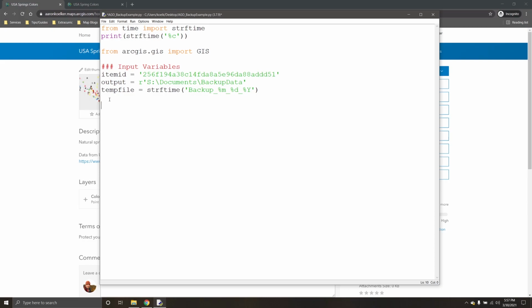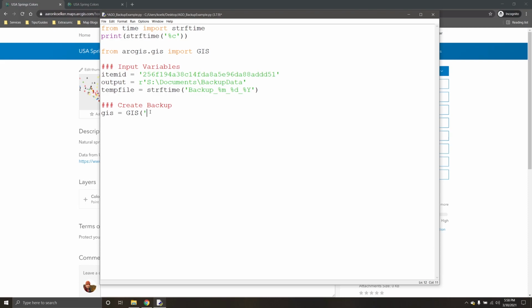And for the next part of our script, we're going to do the actual backup part. So I'm going to create another little section here. I'm going to call it create backup. And so the first step here is we want to tell the script, hey, go log into my ArcGIS Online account. And to do that, we're going to create an item or variable called gis, all lowercase. We're going to do equals, and then GIS in all capitals, open parenthesis,